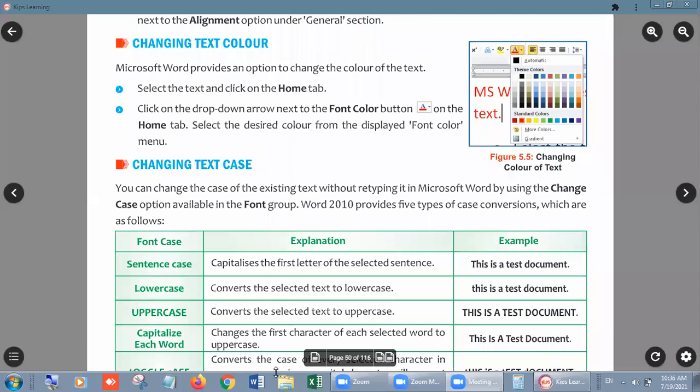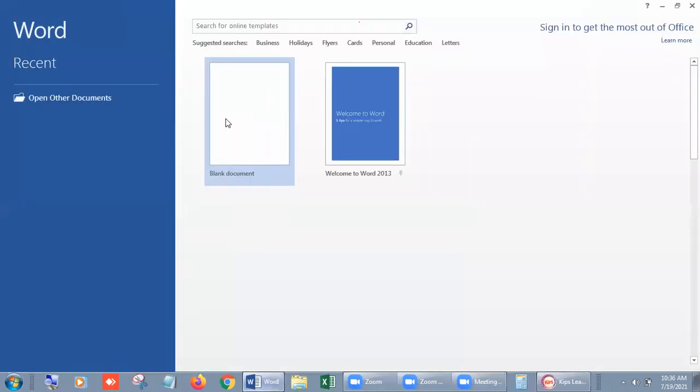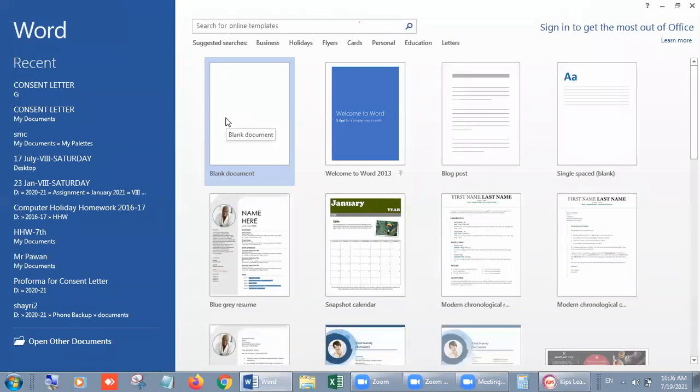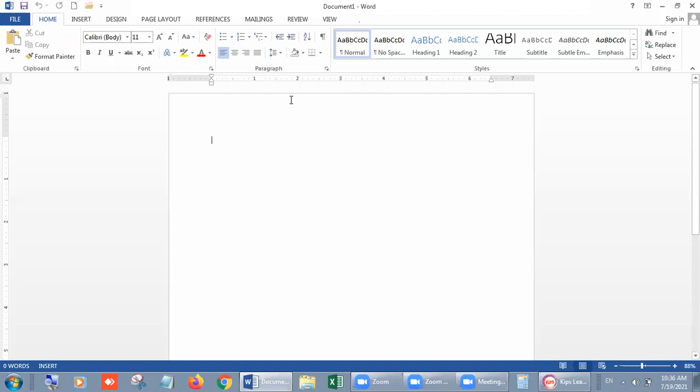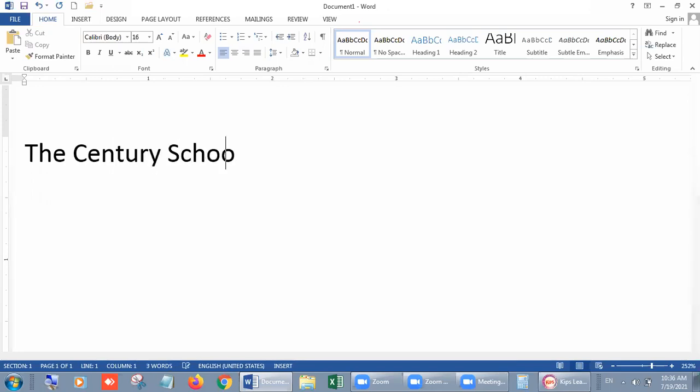So for showing you this, I am opening MS Word side by side so that you can learn it with the help of a practical example. Look, students, suppose I am writing here the Century School and Gharonda, Karnal.